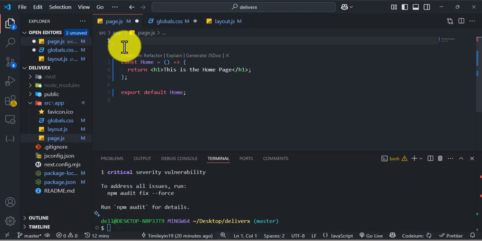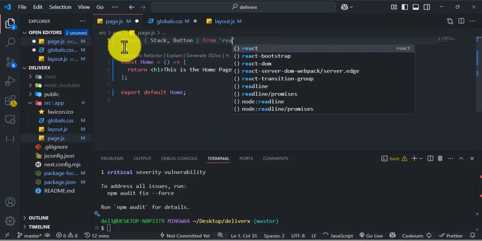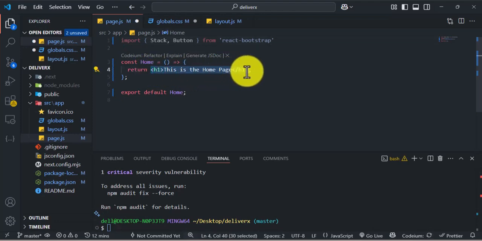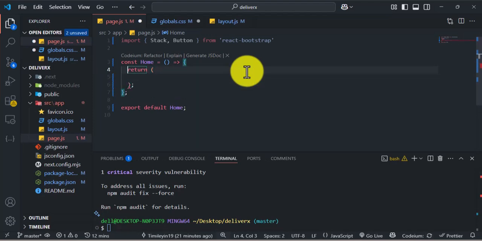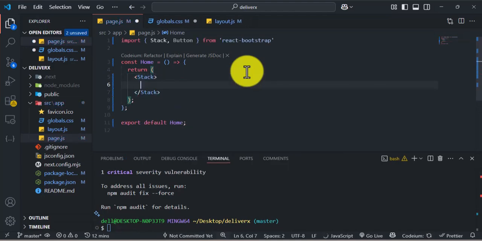So Stack is just used to put elements together. Alright, so I'll just say import. I want to import Stack, then I want to import Button. So where am I importing it from? I'm importing it from React Bootstrap. Alright, so now that we have that, I will open a bracket for this, then I will do Stack. I'll do Stack, and inside the Stack, let's say I want to have